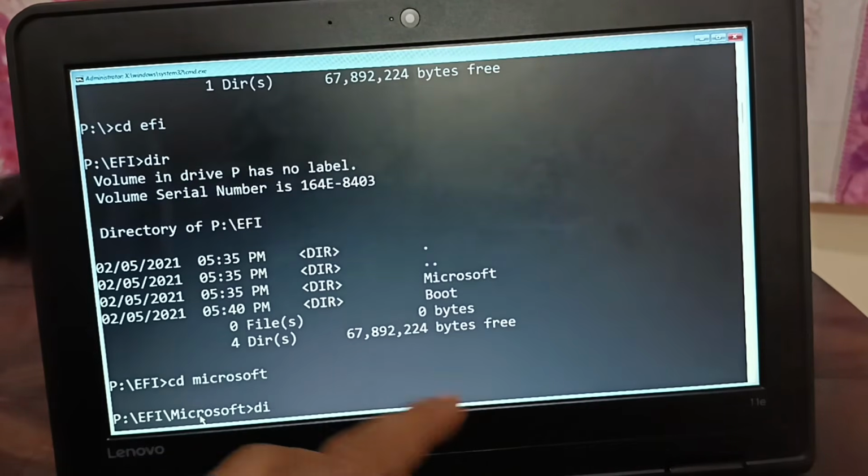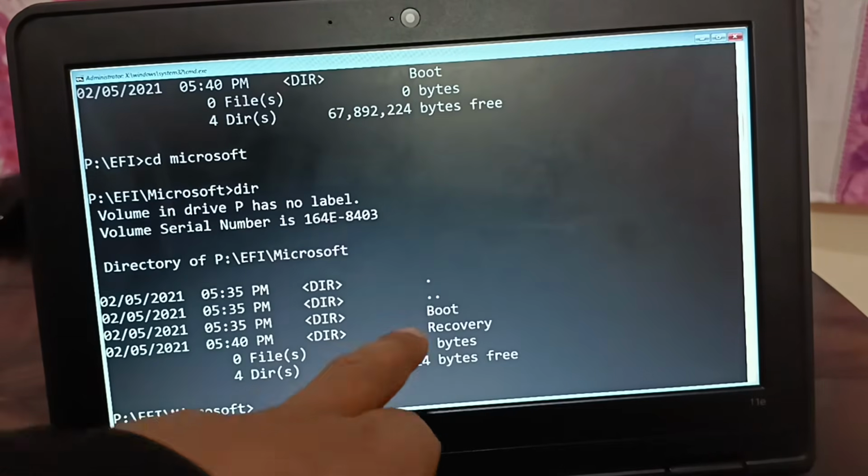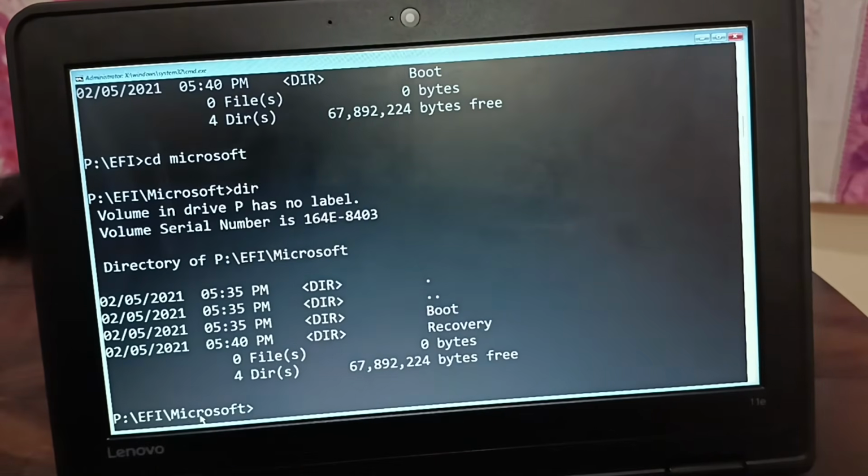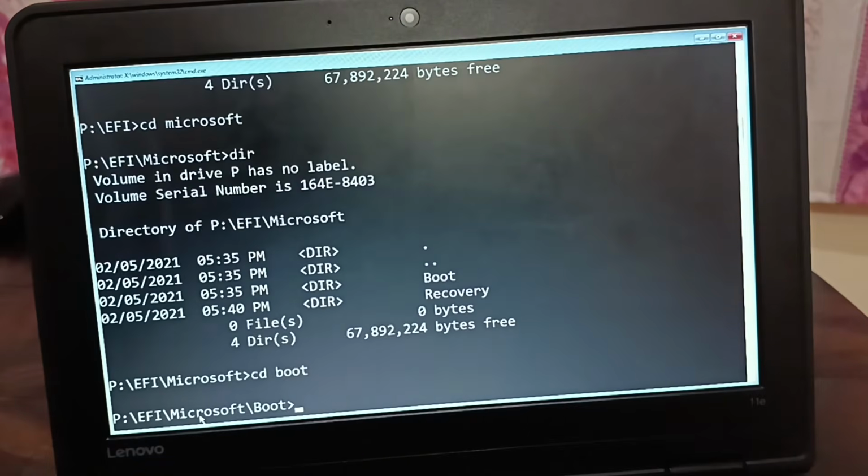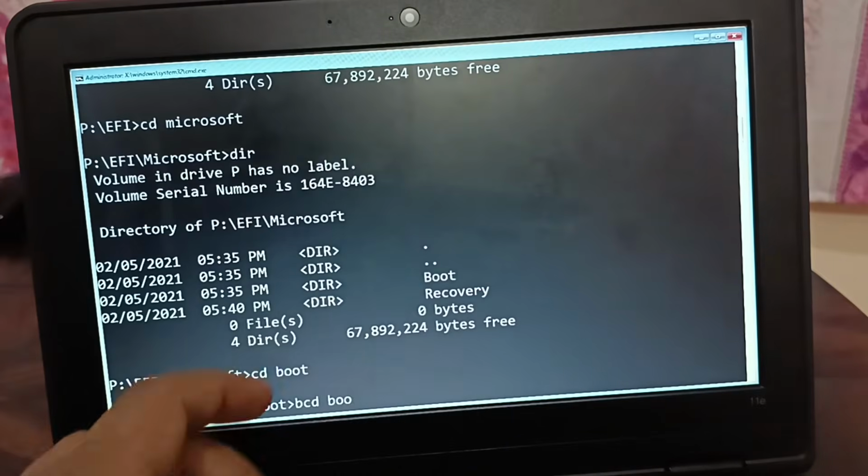And let me type dir. So here we got the boot files, even inside the Microsoft. Now let me get inside the boot. Okay. Now I'll type the very simple commands. bcd boot